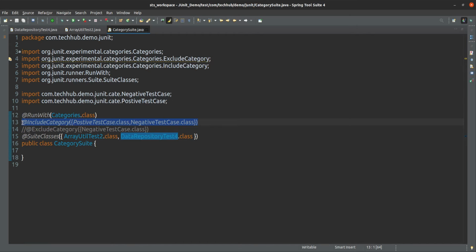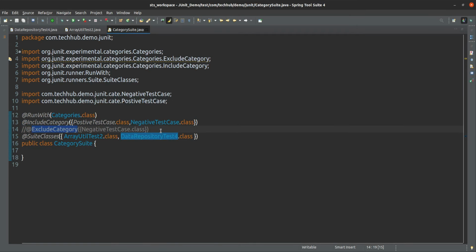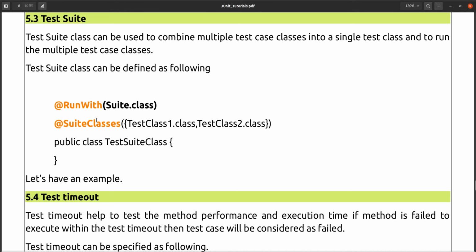are executing. Because of this include category and exclude category, if we give exclude category, it will exclude that negative test case, only positive it will include and execute. If I give positive here, then only negative test cases it will execute. So like that this can be used. So in the same way, test suite is nothing but something that can be used to execute